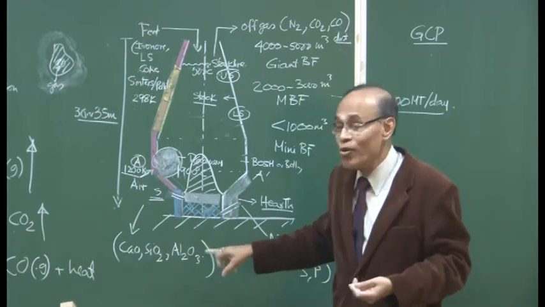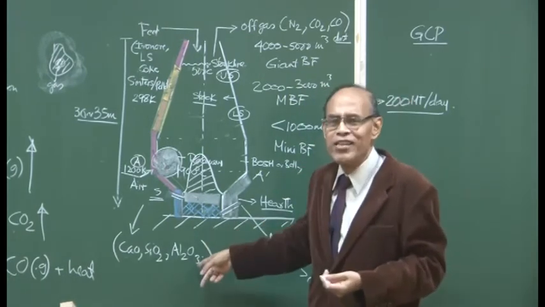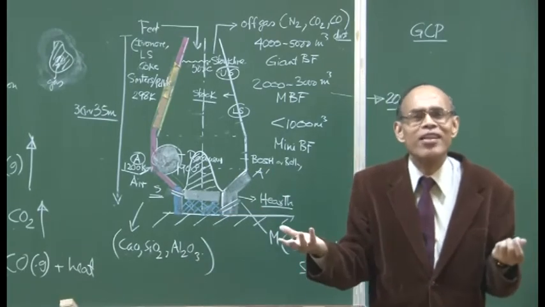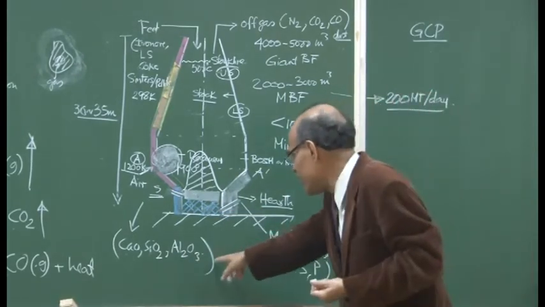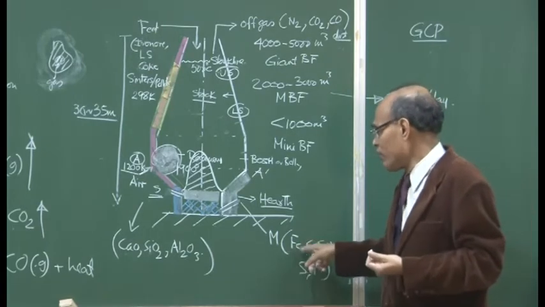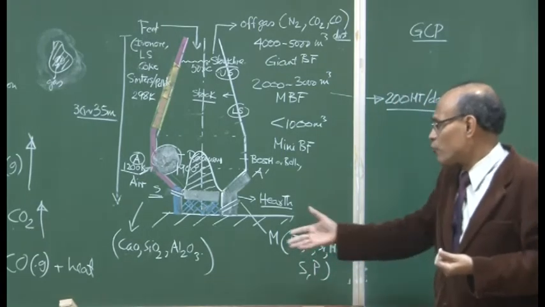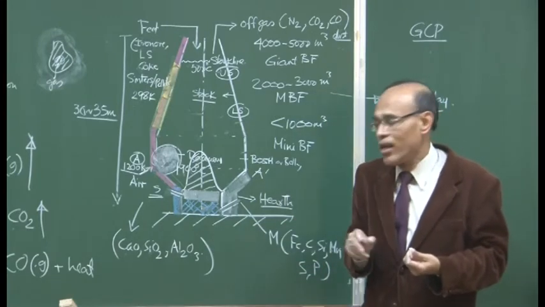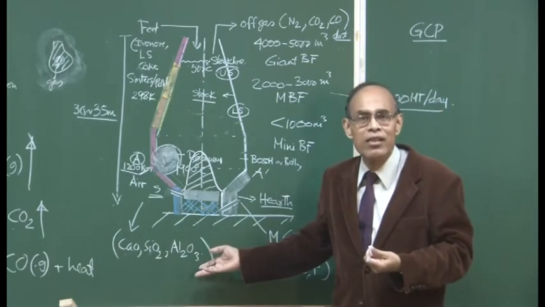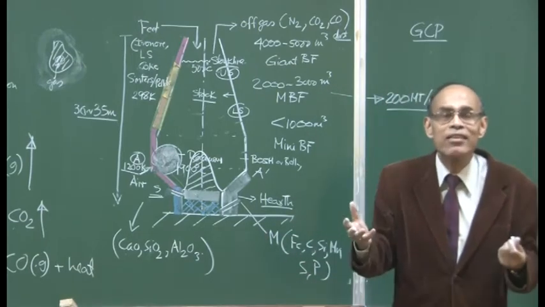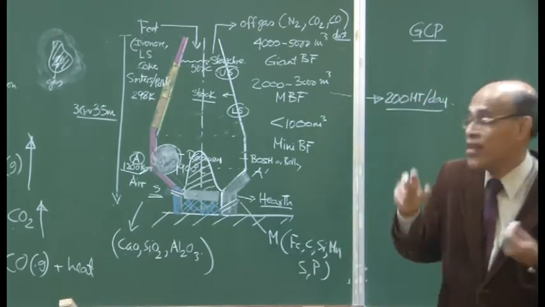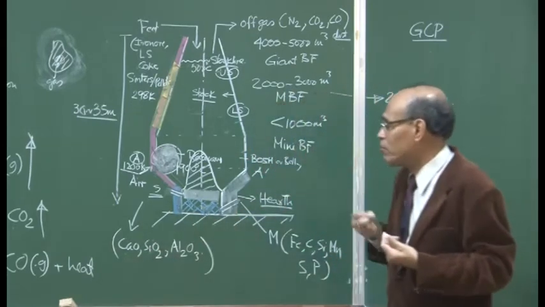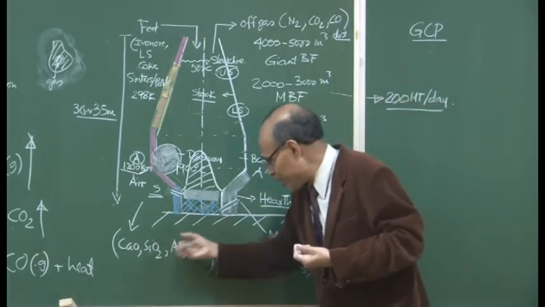Slag also has to be solidified. It contains a lot of heat, and it is at 1450 degrees centigrade. If you just quench it, what happens to that slag? It is 30%. As I have indicated, if you have 13,000 tons, so about 4,000 tons a day, you are producing slag at 1450 degrees centigrade. If you just quench it with water before disposal, all that heat you have just thrown down the drain. So, people are trying to recover heat from the hot blast furnace slag, to generate steam,